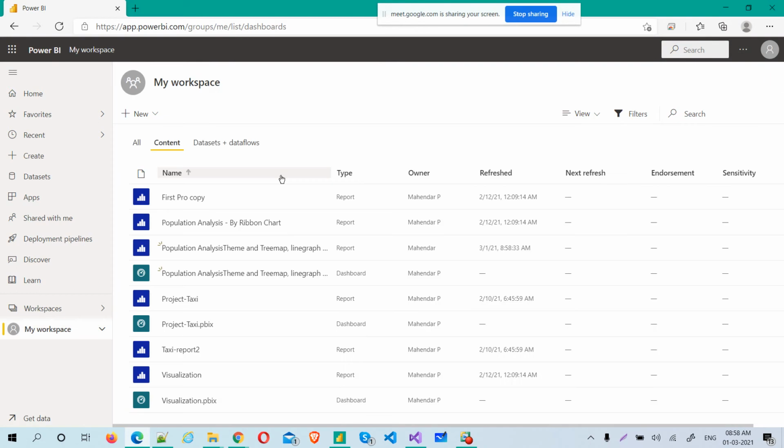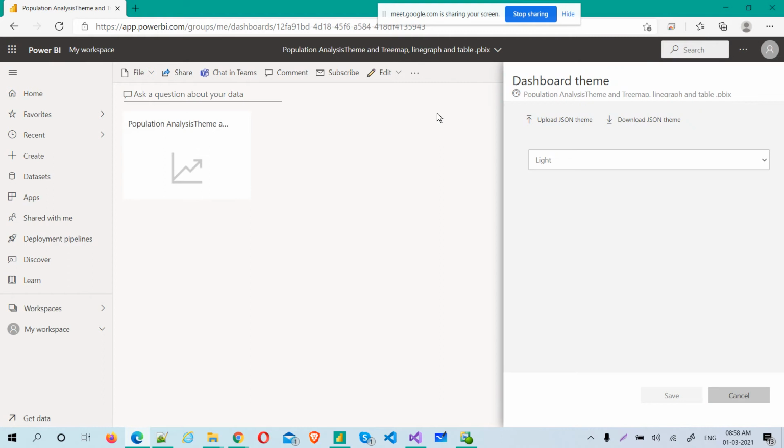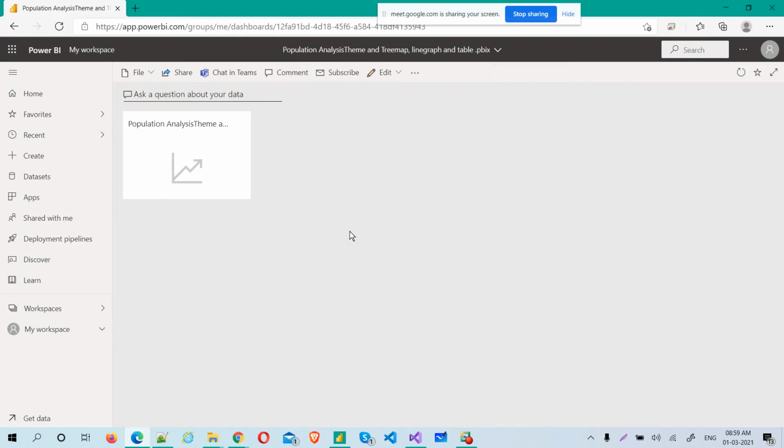But for now, you just play with it. Okay, you see the report created and these are the themes. We'll talk about this dashboard theme here. If you go here, edit theme. Okay, somewhere you see edit theme. See dashboard theme. We'll come to this part tomorrow. Upload JSON, download JSON, because we don't have anything. But we'll see these kinds of things. And yeah, it is just similar. If you want, you can play with it, but there is a different theme for report and dashboard also.